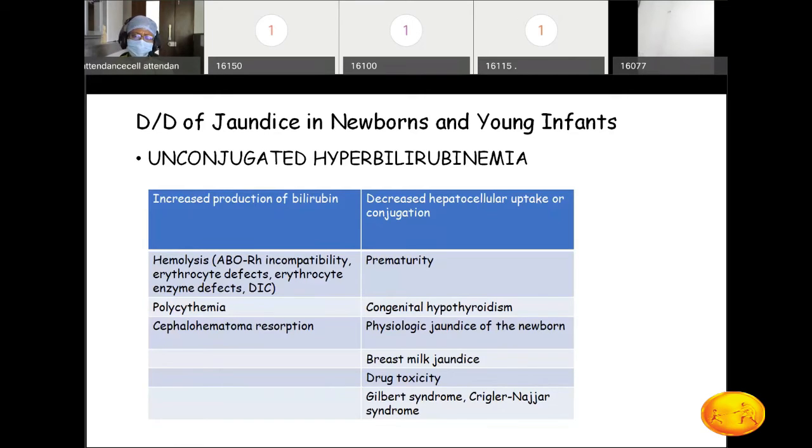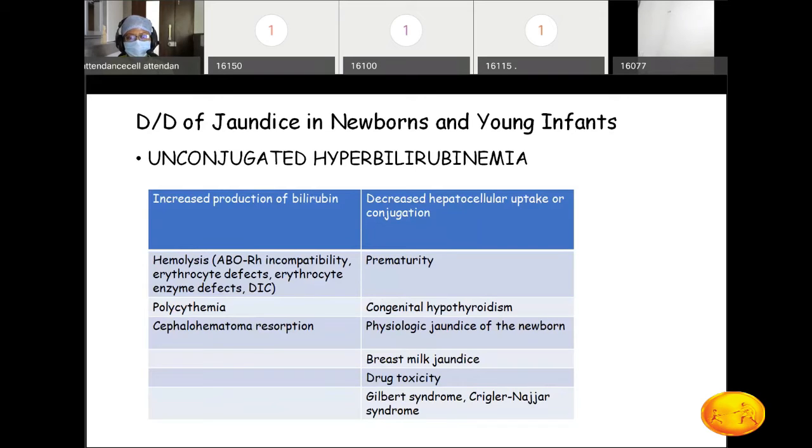We've also got some erythrocyte enzyme defects. The common one that we know of is G6PD deficiency, which is an X-linked recessive condition. Since it is X-linked recessive, it would manifest in boys, as girls will have two X's, and we would hope that both X's would not be affected. So girls would invariably be protected. There are a few rare circumstances when even girls might be affected by G6PD deficiency, but usually they are not.